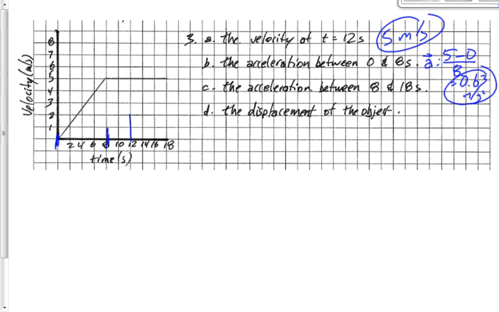Now, those of you who looked at my answer key when you finished found that I said the acceleration in c was 0 meters per second squared. I didn't even do a calculation there. How did I know that it was 0 without doing a calculation? Okay? It's a flat line on the v versus t graph, which means what? The object is